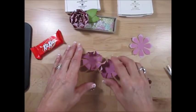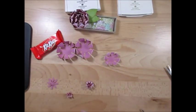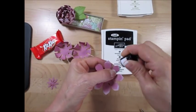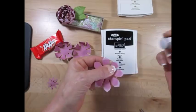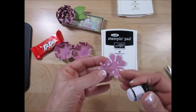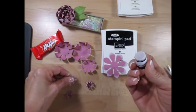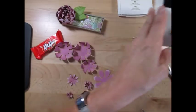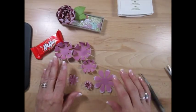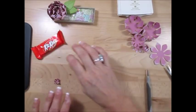I cut 2. So this one, we're going to sponge with white craft ink. So I pre-did all of them. It takes a little bit of time to dry, so just let it dry. And it's the same thing on the little one. I just wanted to show you even the little one. So I just sponge, not stamp, with a dauber. Now what you're going to do is, you know what, let's move this aside for now so I can make